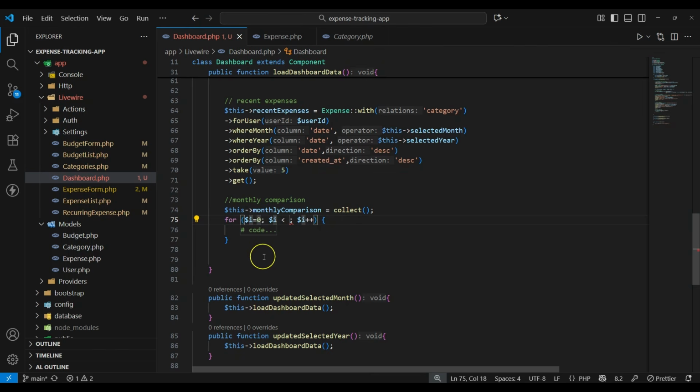So on the 5 values that we are going to have, it will be greater than or equal to 0, okay, then here we are going to decrement instead of incrementing, and after that we are going to do the following. So we are going to get the date, then we get the instance of Carbon, then we are going to create,